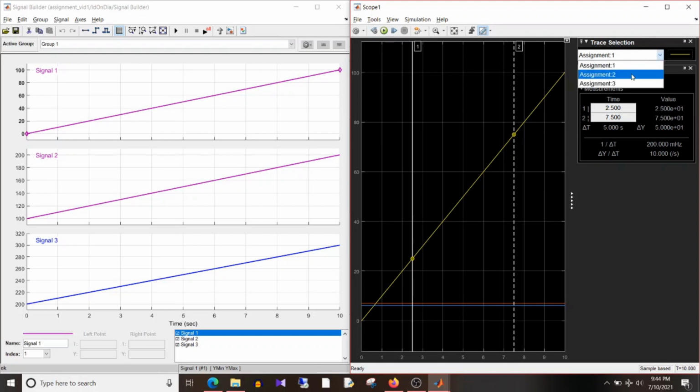Now if I select assignment 2, you can see here the value is 6 for both the time instances. For assignment 3, the output is 7 for both the time instances. So from this plot, I hope it's clear to you that from whatever settings we chose for the assignment block, we have the signal assigned to the output for the chosen index value. I'll just close this one,